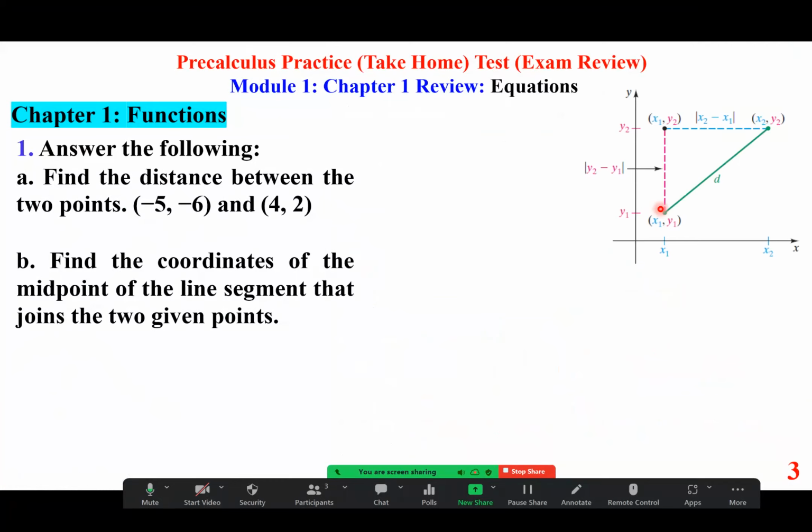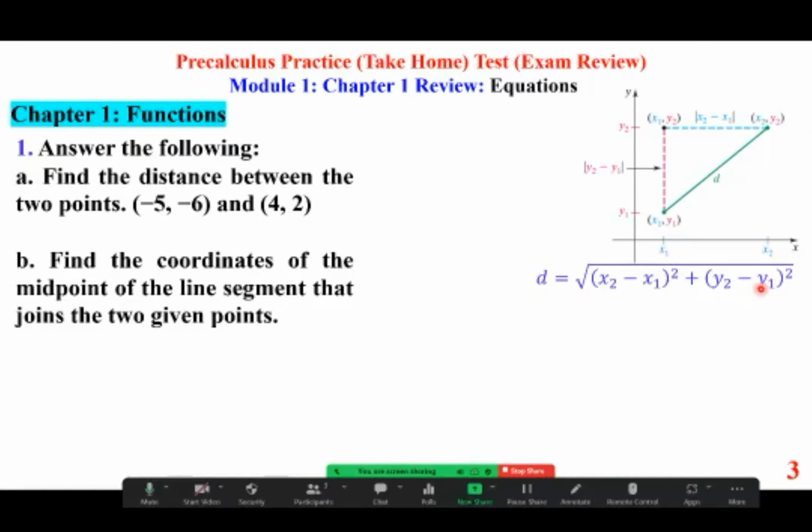In this case, if one pair has coordinates x sub 1, y sub 1, and the other one x sub 2, y sub 2, ultimately the Pythagorean theorem results in the distance being the square root of (x sub 2 minus x sub 1) quantity squared plus (y sub 2 minus y sub 1) quantity squared, under the radical. So when we plug in the two pairs,